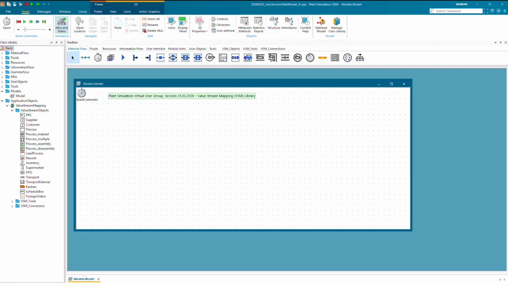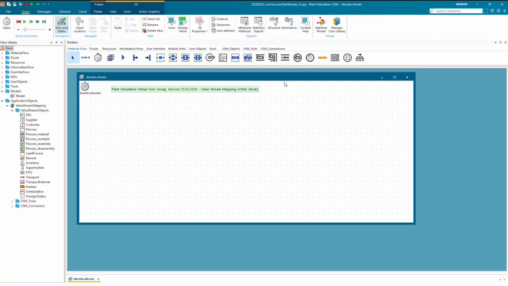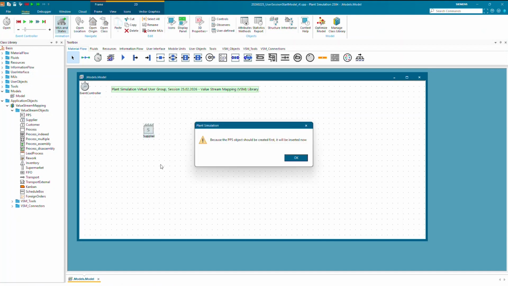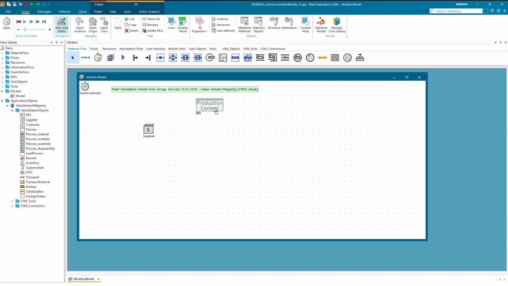Yeah, and if we now go to the objects, we can start with the first basic structure. The first element needed would be a production control. This is also checked, so if it is not available and you insert something else, it is automatically inserted. This object holds central administration, error handling, internal product administration, many different elements, and that's why it is like a network object: it's only allowed to have one, but you need at least one.